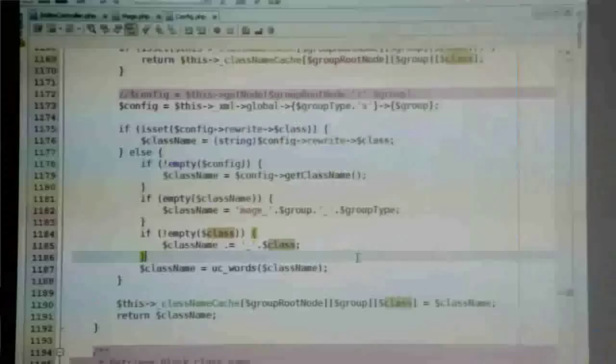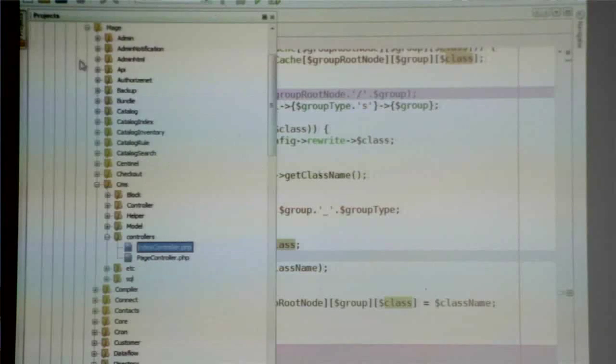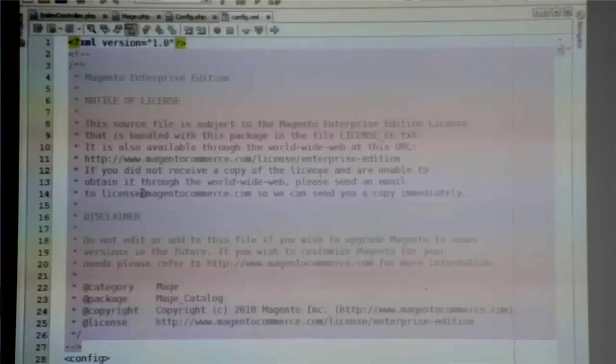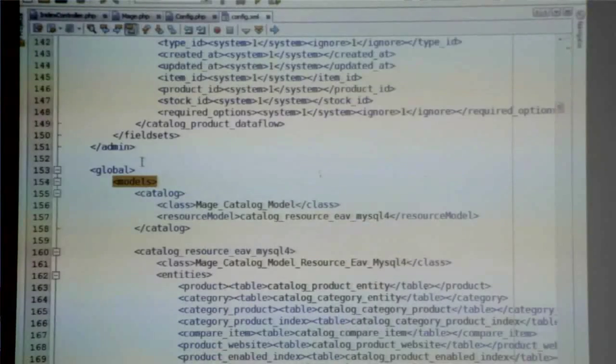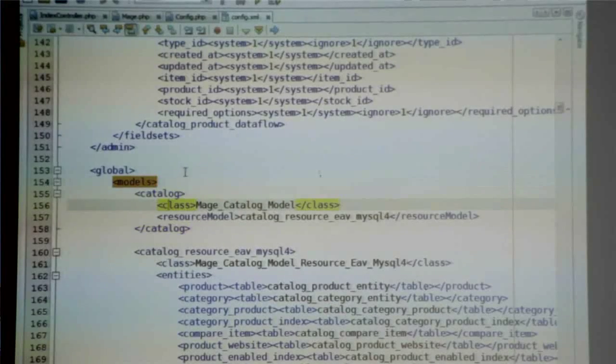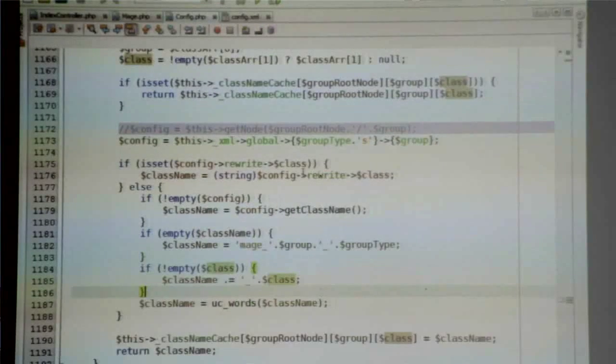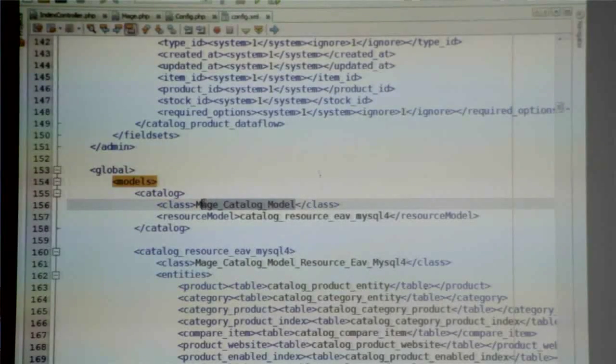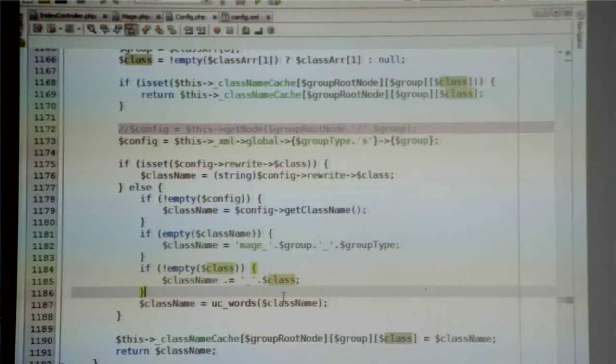So in our case, if you look in the configuration under Mage catalog, etc config, models catalog class, this is how we sort of resolve our way here. So from this we get Mage catalog model as our class prefix,